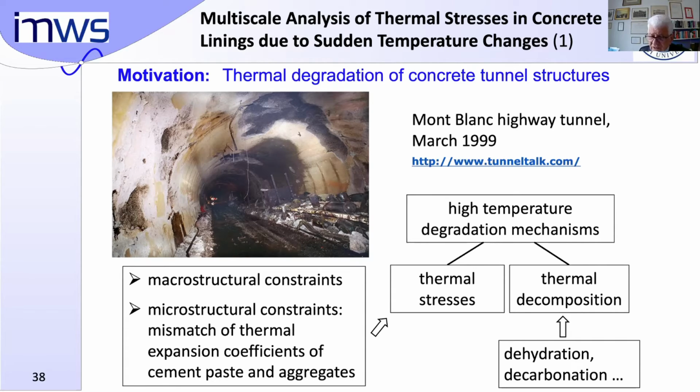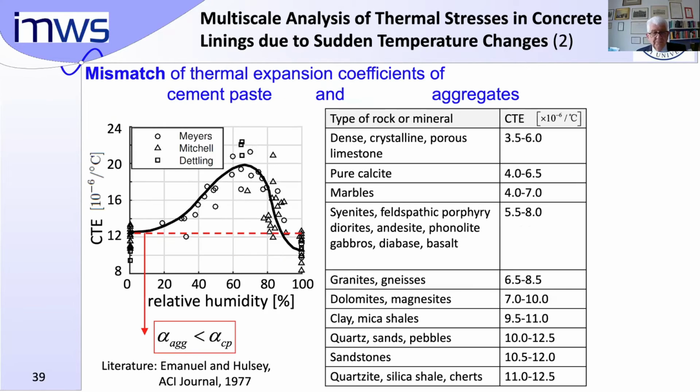There are 2 kinds of high temperature degradation mechanisms. One is thermal stresses caused, for example, by macrostructural constraints, or alternatively by microstructural constraints due to a mismatch of thermal expansion coefficients of cement paste and aggregate. The other reason is thermal decomposition by means of dehydration and decarbonation. Well, we are interested, as I said before, in the consequences of the mismatch of thermal expansion coefficients of